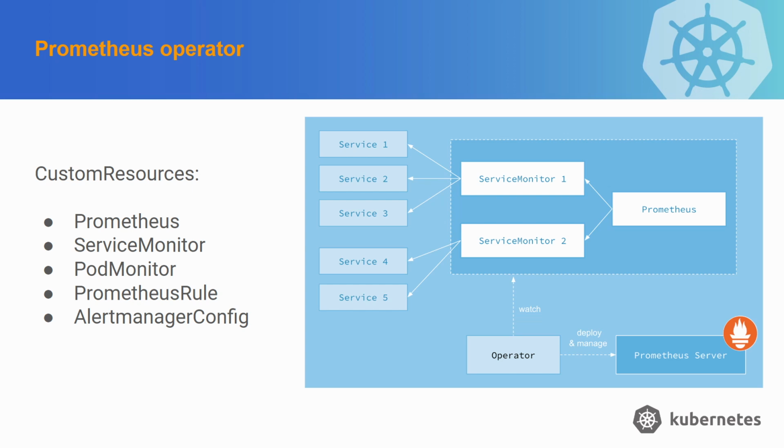In the Prometheus operator, you have different custom resources. Basically you can deploy multiple Prometheuses, a separate Prometheus for each team, and the data is not crossed between the teams. So you can monitor the service. What the service monitor does is it discovers the endpoints and then monitors the endpoints. So it's in the scope of one service.